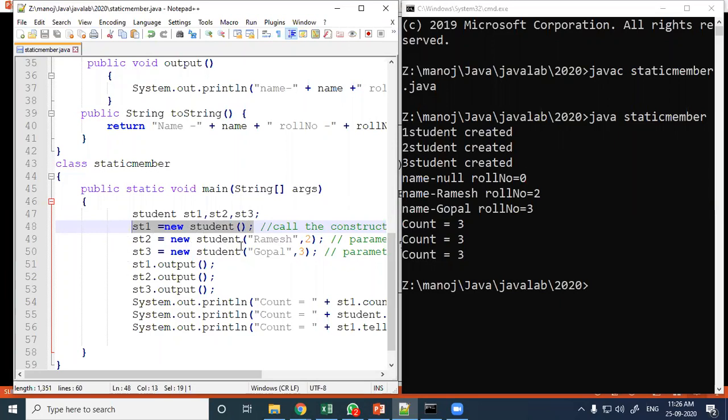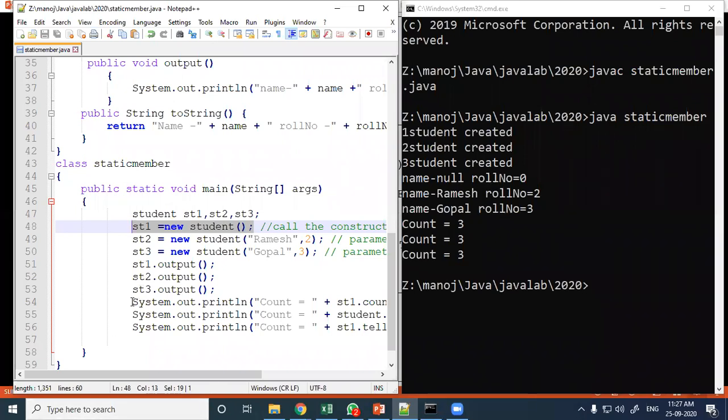In st2 it has kept Ramesh and 2, and the count variable is your static member which is shared by all three objects. Now count is automatically increasing. See here count is 1, here count is 2, here count is 3. After that st1.output: name null, roll number 0. st2 output: name Ramesh, roll number 2, and st3: name Gopal, roll number 3.